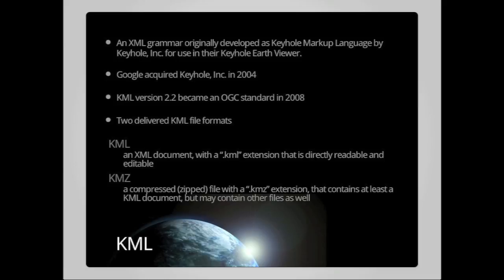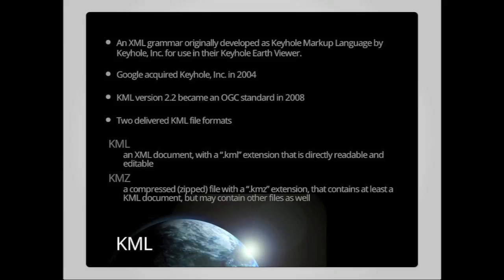But given the verbosity and the potentially large size of KML files and the XML that they're based upon, and also providing a capability to package up a base KML document with associated content such as images or other data, the KMZ variant of KML was also defined as a part of the standard, where a KMZ file simply has a .kmz extension, and it is a compressed archive using the zip algorithm that is broadly supported by many operating systems and tools, that contains at the very least a KML document, but may also contain other files and folders